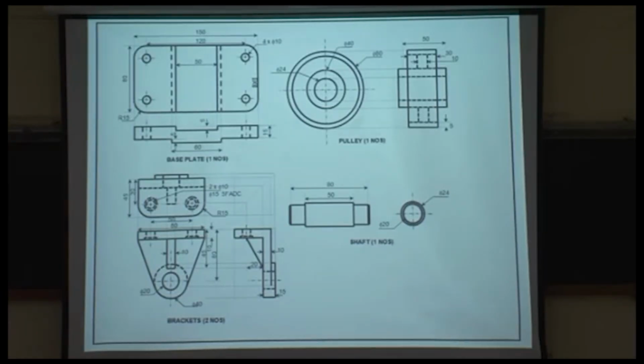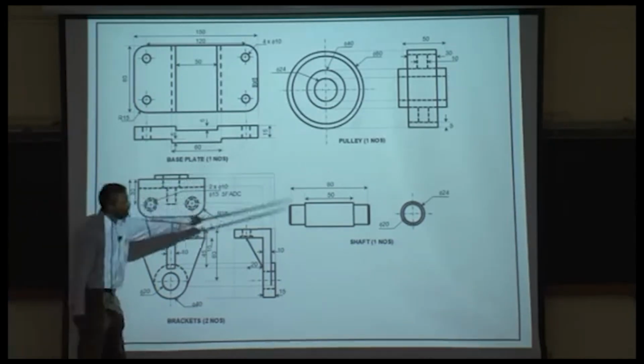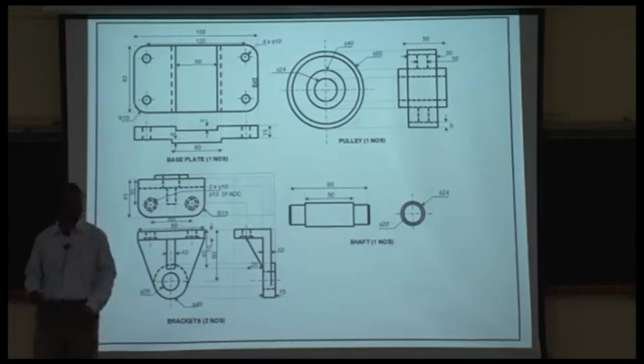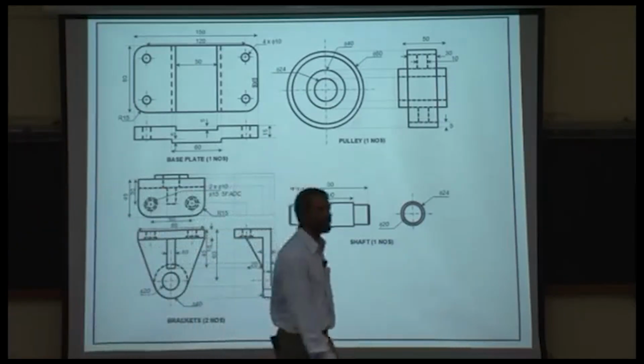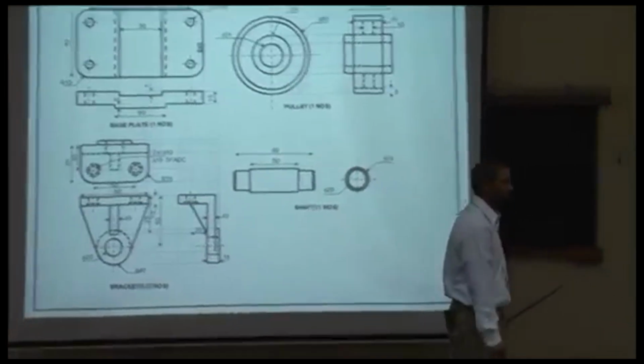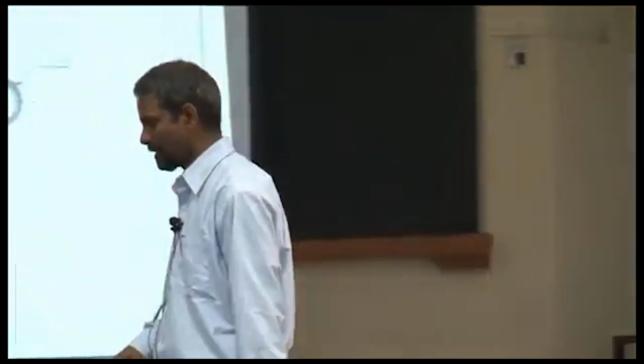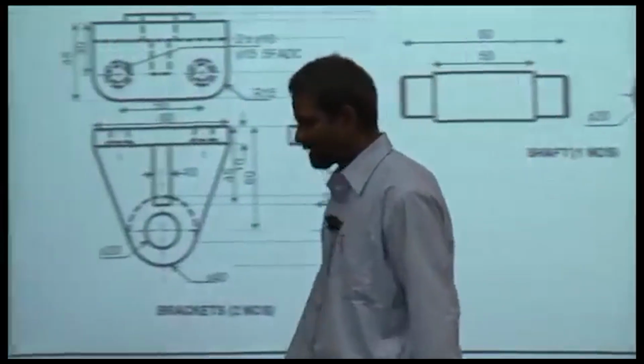So you got 4 parts: a base plate, 2 brackets, a pulley, and a shaft. Once again, a base plate, 2 brackets, a pulley and a shaft. You need to arrange them together into a sensible assembly, okay, and show the sectioned front view,